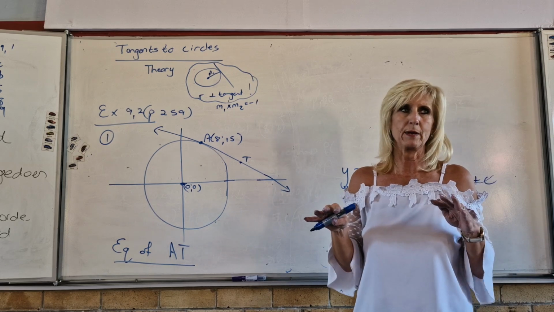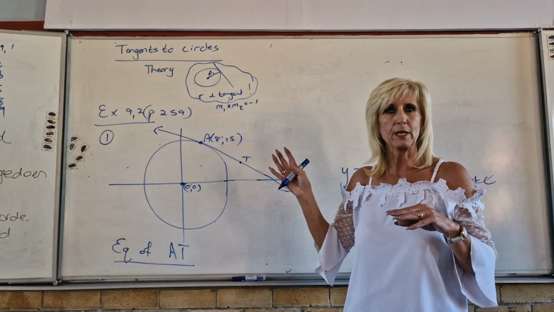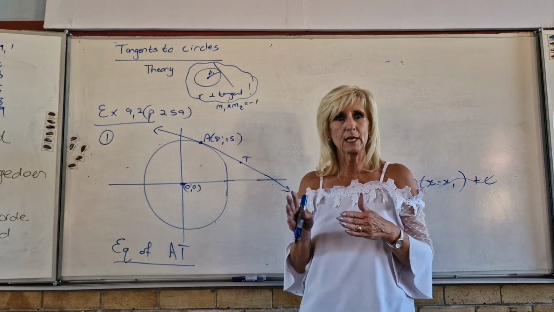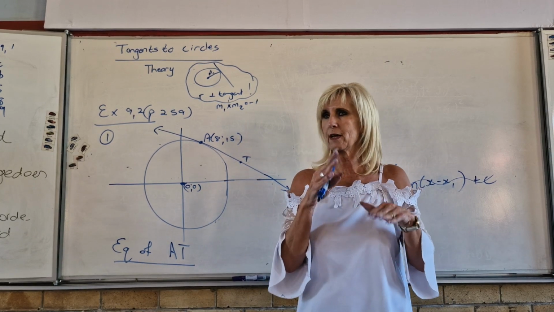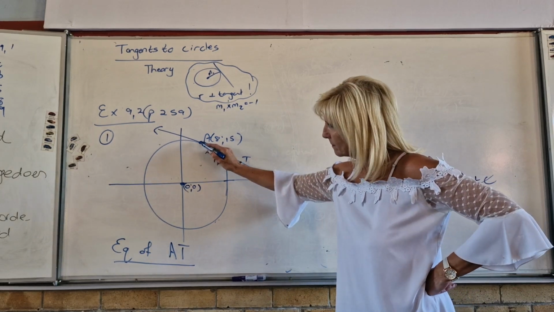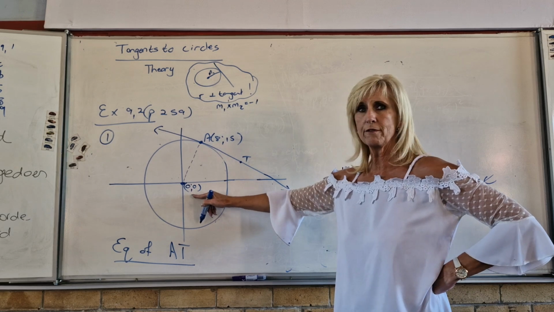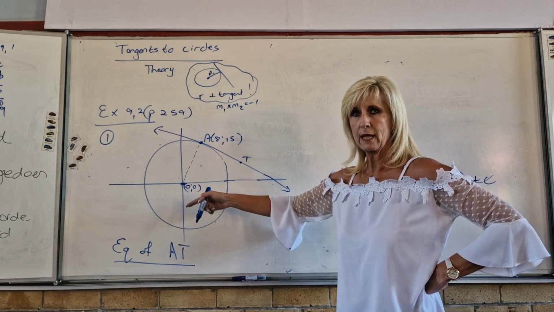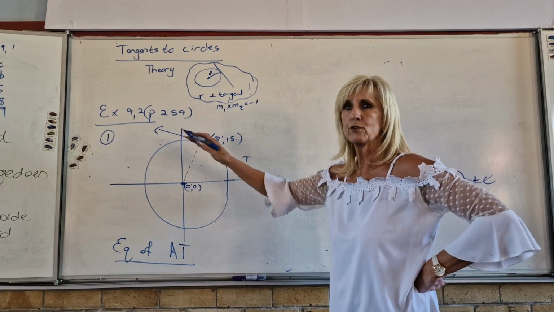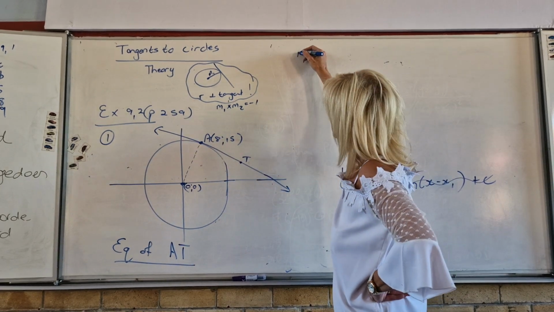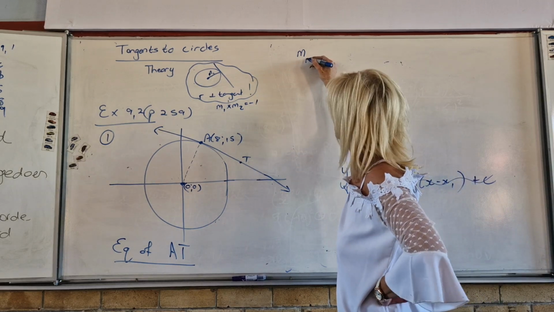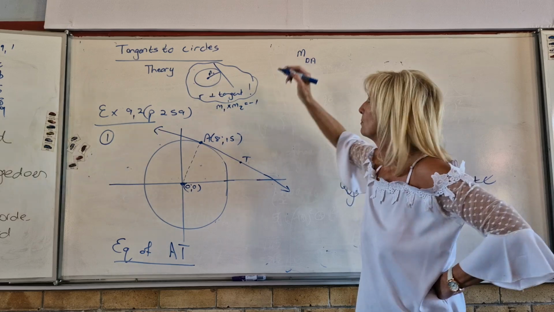Always in the question paper, this thing about parallel and perpendicular. Parallel lines, same gradient. It's not going to apply here. Perpendicular, the gradients are inverse of each other and negative of each other. So what can I find out? The gradient of the radius. If I have it and it's plus 3 over 2, then this will be -2 over 3. So what do I need? The gradient of the radius, and you can write radius or you can write OA if you want. But the radius gradient would be,